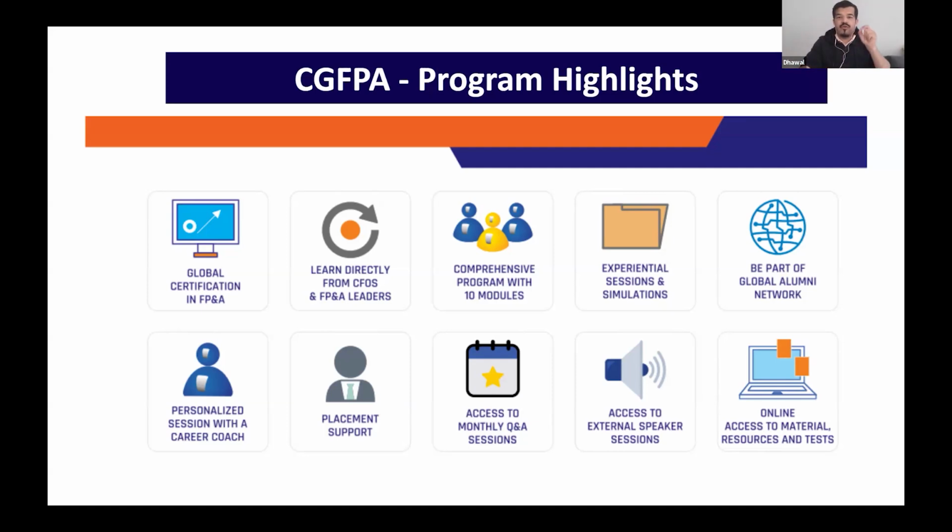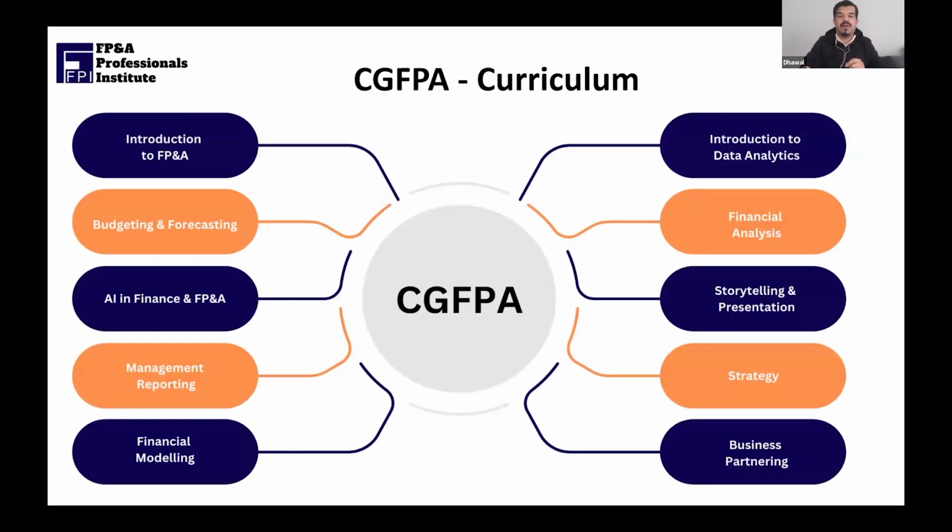Coming to the modules, what are some of the modules covered in the CA program? There are 10 exhaustive modules, which nearly cover everything that you need from an FP&A standpoint. So I'll let Asif cover the first 5 modules that you see on the left, and then I'll cover the rest 5. Yes. So in terms of the CGFP curriculum, the modules that you see on the left side of